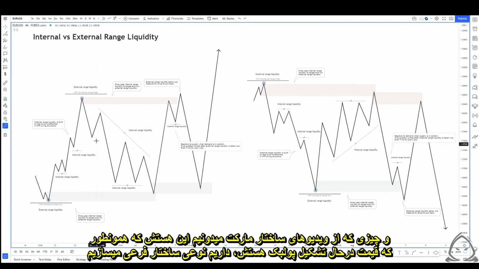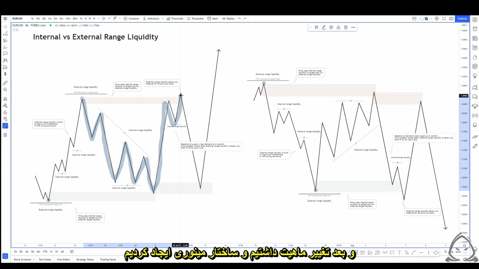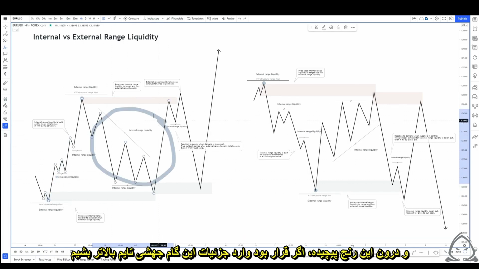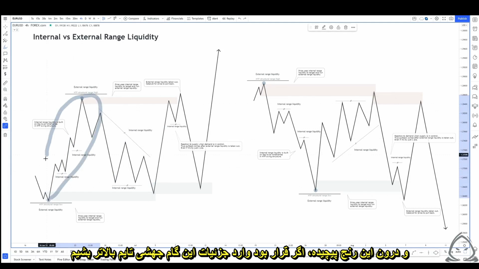What we know from the market structure videos is that as price is pulling back, we're creating some sort of substructure. Then we get a change of character and we start forming minor structure, and that's what we'd be looking for. So everything that's contained within this range is what's considered a complex pullback. But we can take it a step further in understanding the liquidity that's being built within this swing structure and within this complex range. If we were to zoom in on this higher time frame impulsive leg, this swing structure,